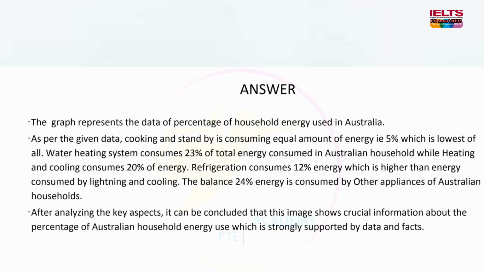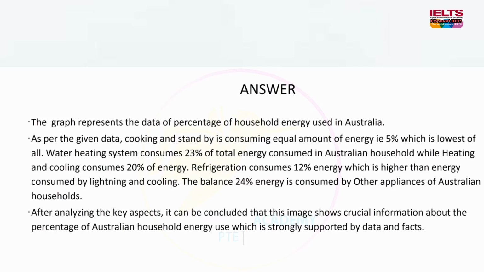The graph represents the data of percentage of household energy used in Australia. As per the given data, cooking and standby are consuming an equal amount of energy, that is 5%, which is the lowest of all. Water heating system consumes 23% of total energy consumed in Australian households, while heating and cooling consumes 20%